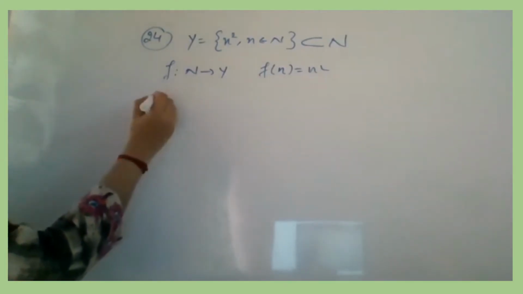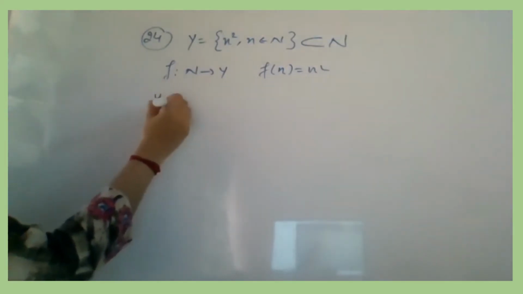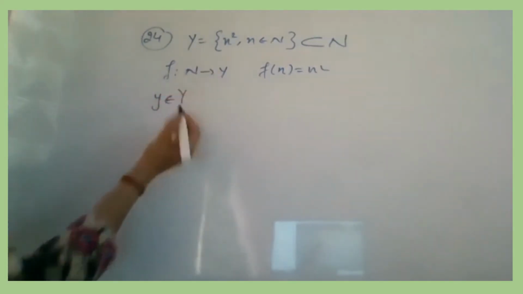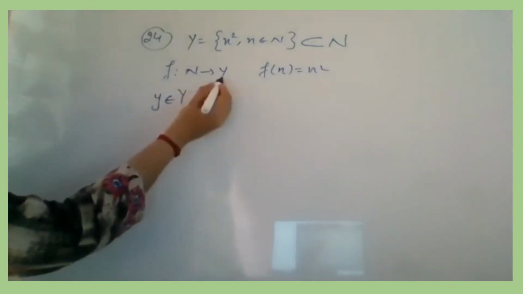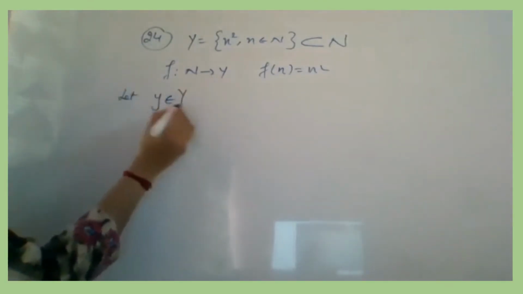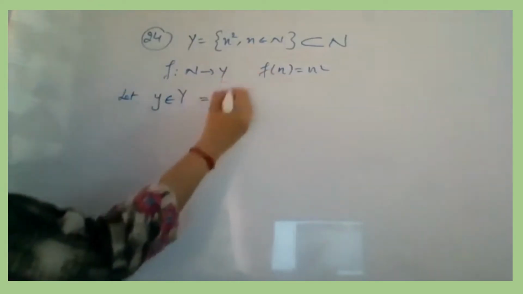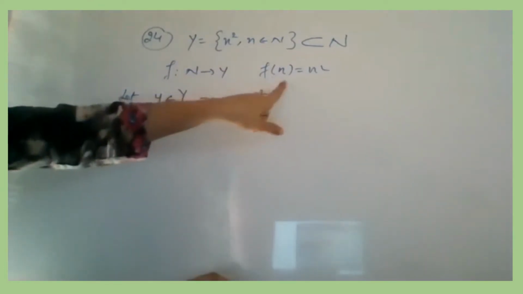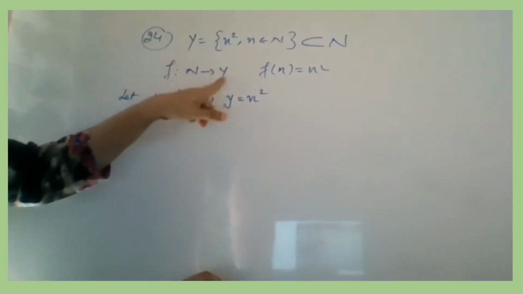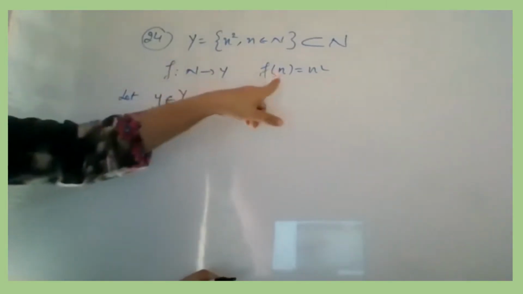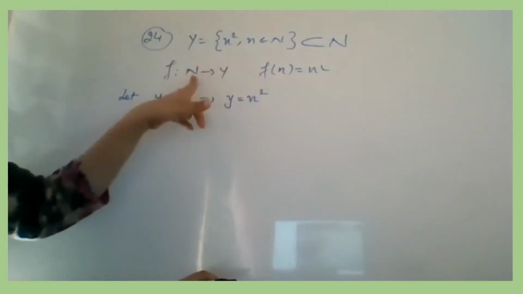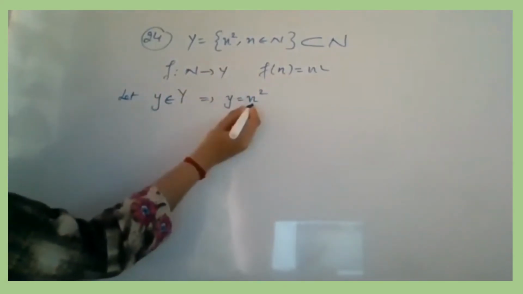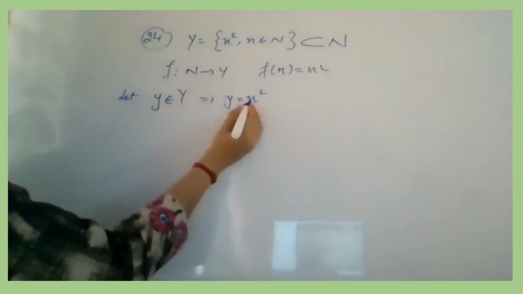Okay, g define करने के लिए हम क्या करते हैं? We'll just take an element. Suppose y belongs to capital Y. यहाँ पे एक element को लेंगे हम. Then according to definition, you have y in the form n square, right? Here y f of n जब लेते हैं यहाँ पहुँचता है, इसलिए उसको हम y डालते हैं. f of x को y डालते हैं ना. यहाँ पे n है, बस natural number का set है, इसीलिए n लिया है. That's all. Okay. So you are getting y equal to n square, and from here you need to find out what is n equal to.